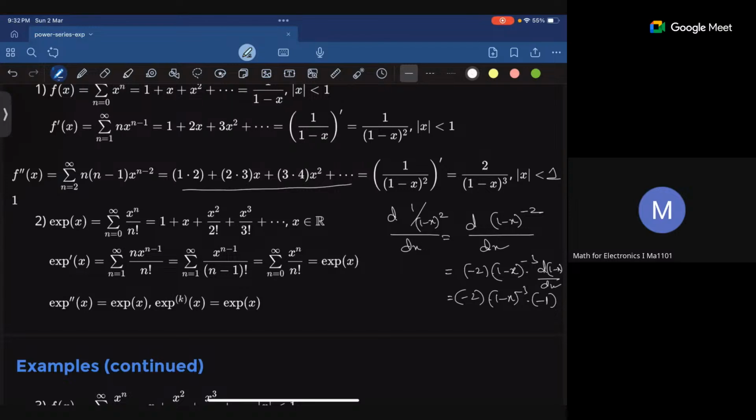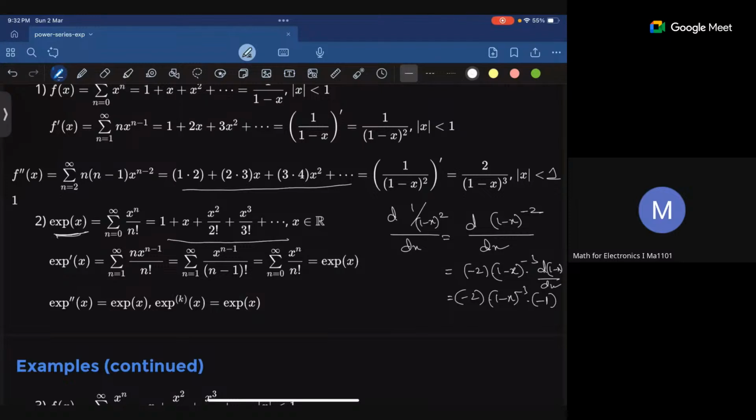The second example is the e power x example. So exponential of x is summation n equals 0 to infinity x power n by n factorial, which is this, and this will be e power x or exponential of x. If you take the derivative, e power x derivative is exponential derivative of x, and on the right hand side